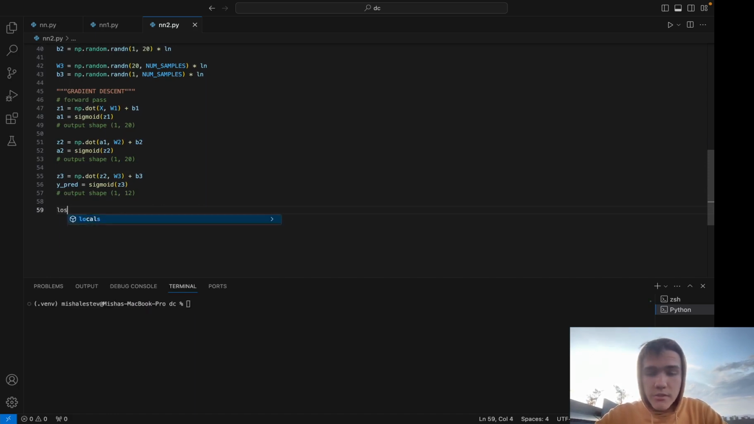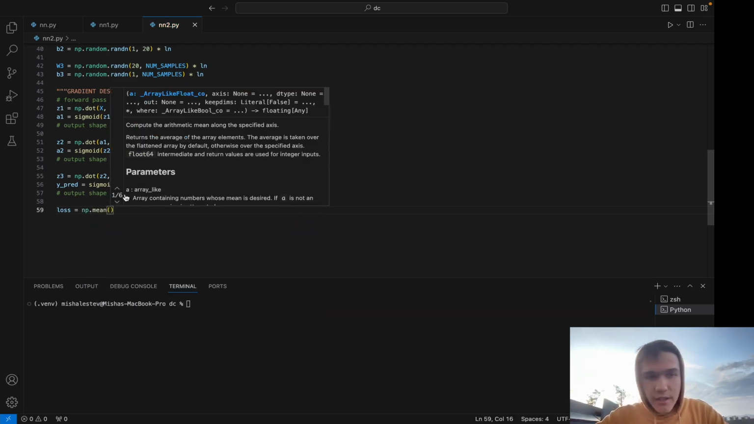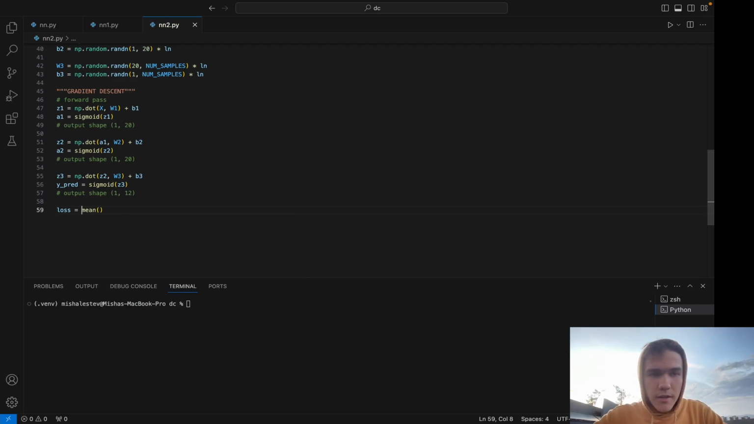So I'll say loss is equal. We are going to use mean squared error. So we're going to take a mean first, np.mean. It's already inside NumPy, or you can use actually mean, but I'm not sure, it's not going to work, I think. Yeah, there is no such. So np.mean,